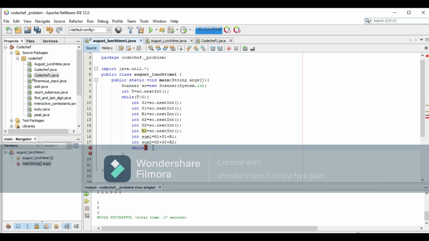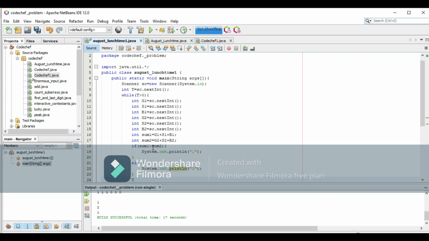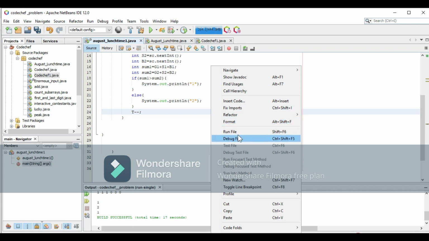So we have put an if condition as follows: if sum1 is greater than sum2, move into the inner if, and we have to print System.out.println 1, and similarly else if sum2 is greater than sum1, we have to print System.out.println 2, and after that we have to decrement the test cases. So let me run the problem first.